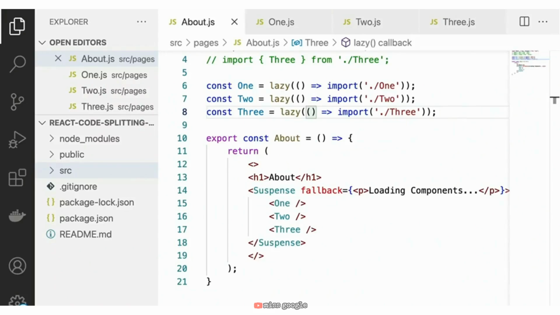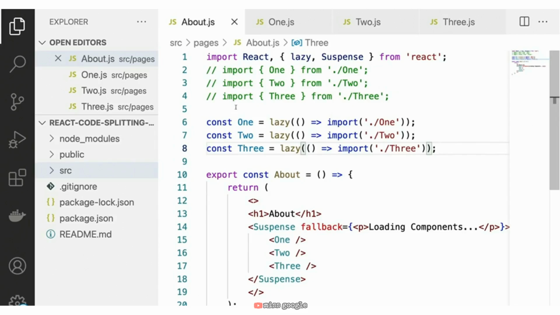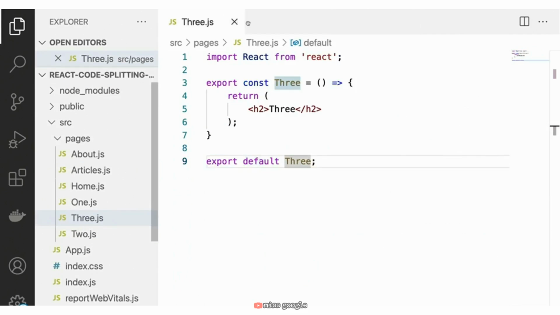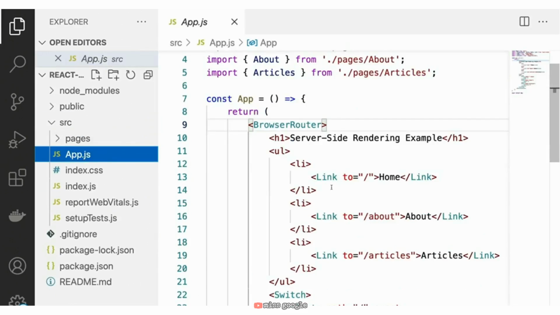Okay, so now that we've seen some very basic code splitting, what we're going to do is take a look at a somewhat more common usage of code splitting, which is to split our code based on routes. So previously, we had these 1, 2, and 3 components that were displayed on our About page, and we saw that when we navigated to the About page, only then did we actually load the code for those components. Now, that's one way of doing code splitting, but again, what we can do is actually split our code based on the different